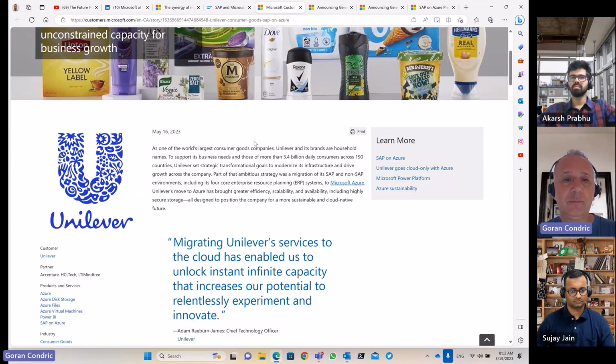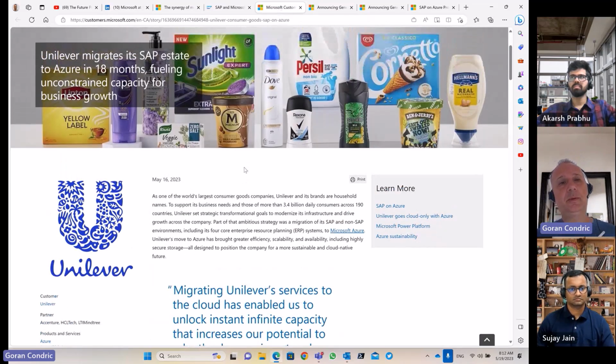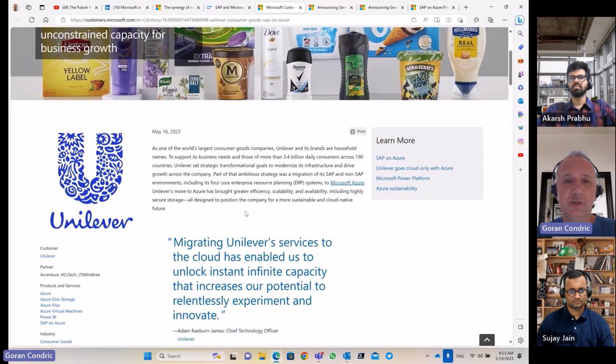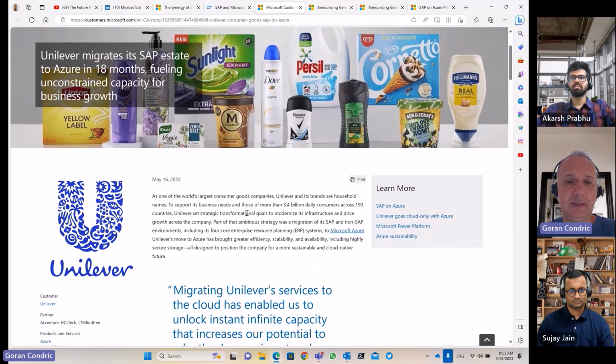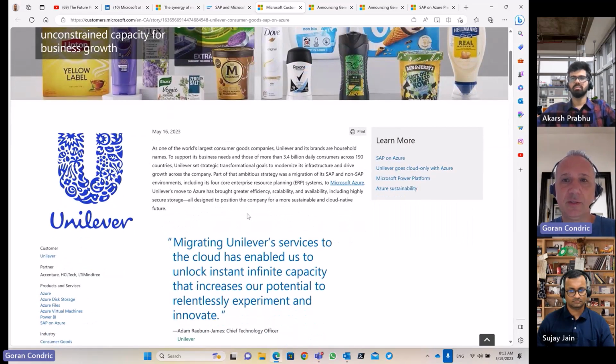There is also a public use case about the Unilever migration to Azure. SAP had Unilever on stage, and in parallel there was the business use case of Unilever on Azure, which they migrated in 18 months. Accenture was the partner.